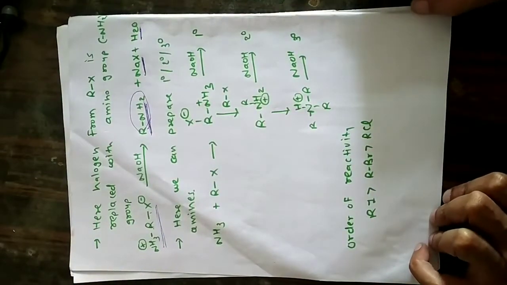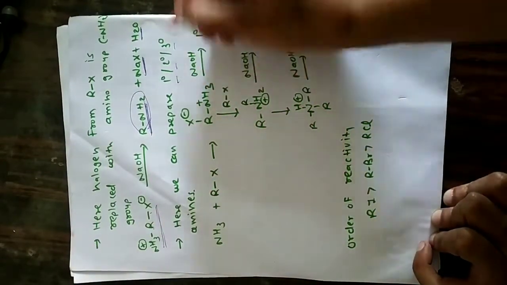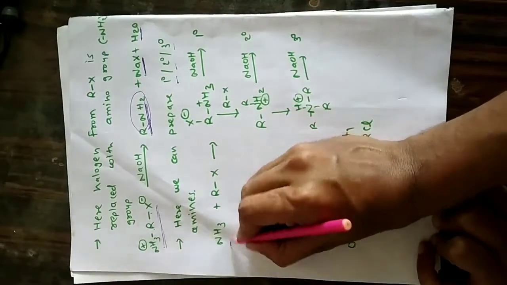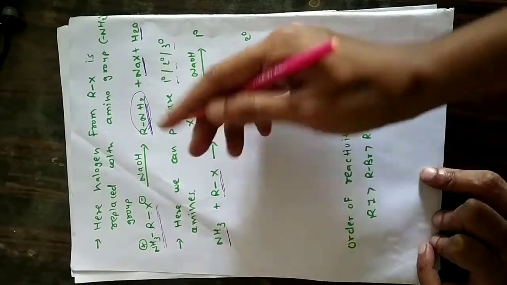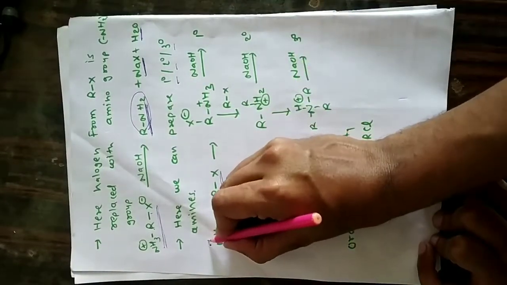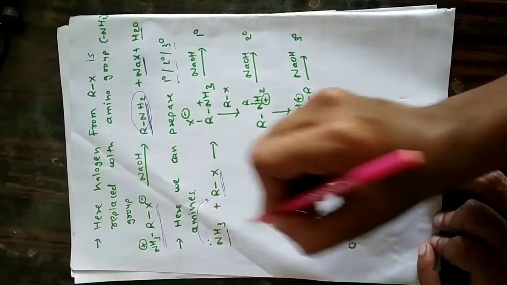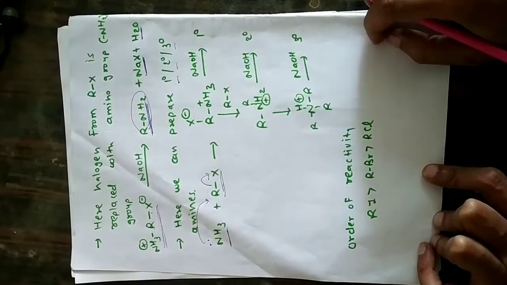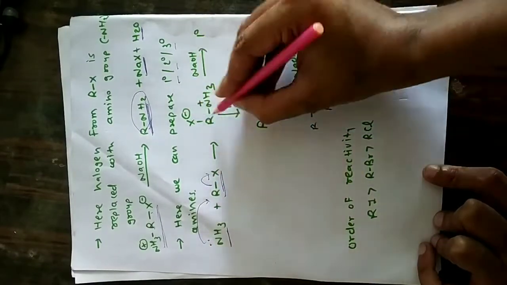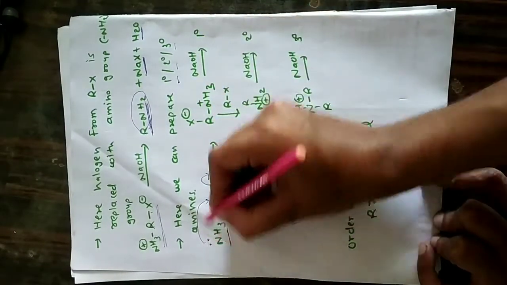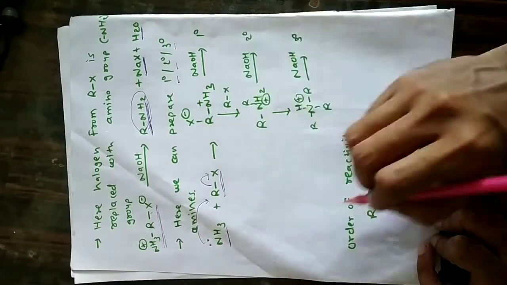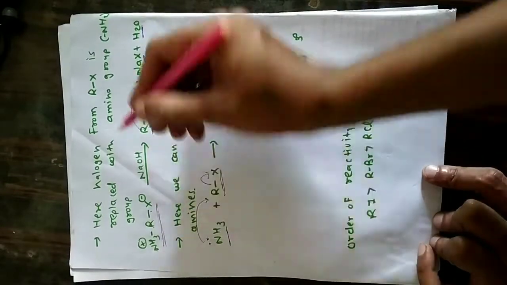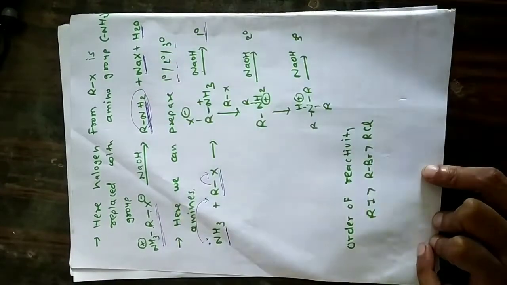Now we can prepare 1 degree, 2 degree and 3 degree amine using the same reaction. Check out how. If I take ammonia and alkyl halide, that are our starting material, this lone pair of electrons will attack on alkyl group and these electrons shift towards halogen. So halogen becomes negative. These electrons are used, so ammonia becomes positive. This is the first step. When it reacts with NaOH, it gives us 1 degree amine.